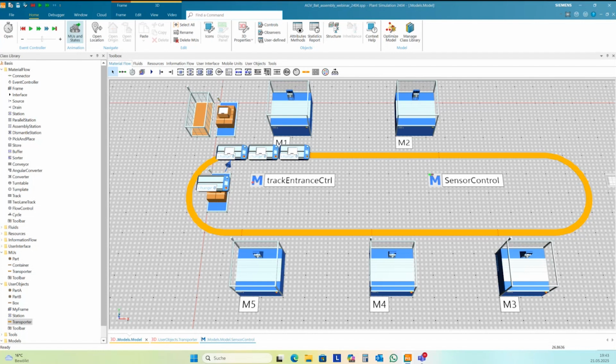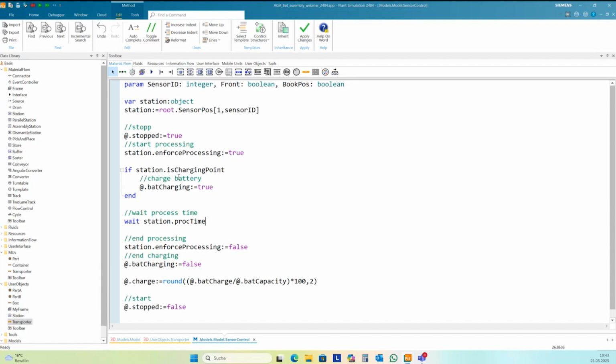It's not a method, but charge. If you see, you charge the battery with an attribute, not a method, and so you don't have the possibility to hand over a time. So you have to charge, and if you don't set this but charge to false, then it charges until the battery is completely charged. But there's no way to hand over a time to this attribute.